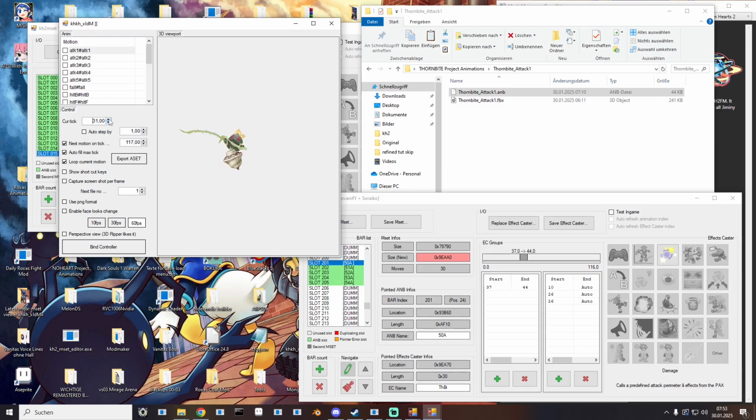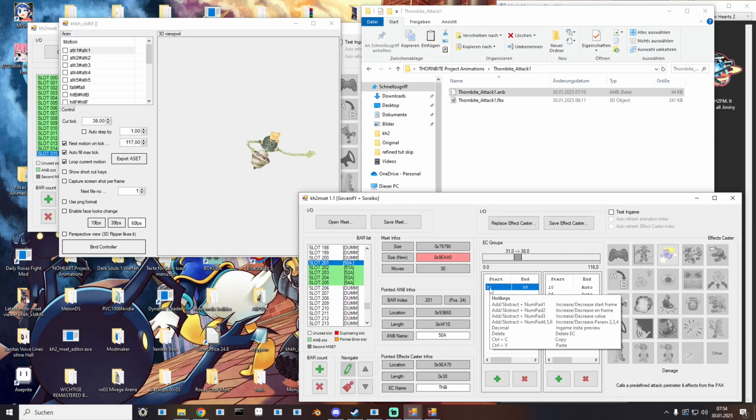I'm doing like 31 is pretty much the frame I will choose. 31. And the attack goes up to, let's say, 38. I'm doing it like that, and then I'm going to copy that with Ctrl C and then Ctrl V